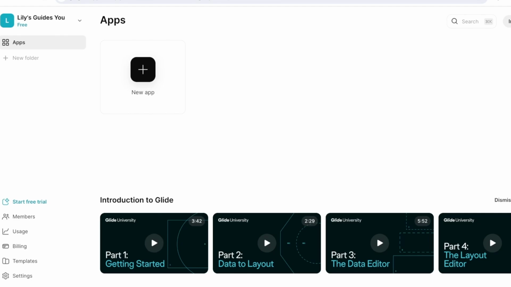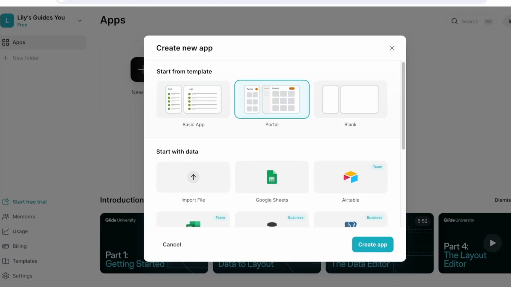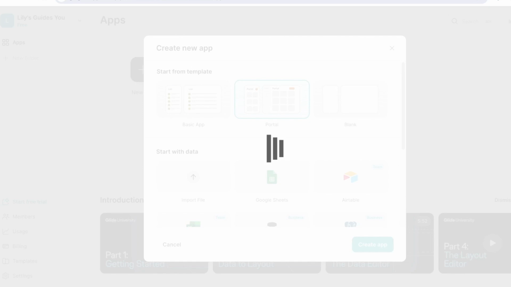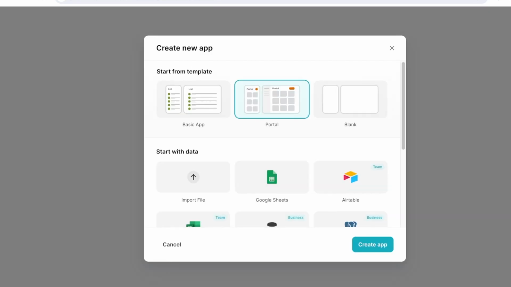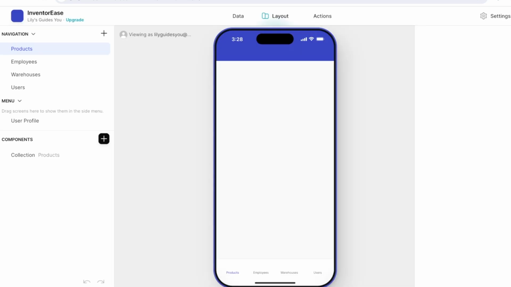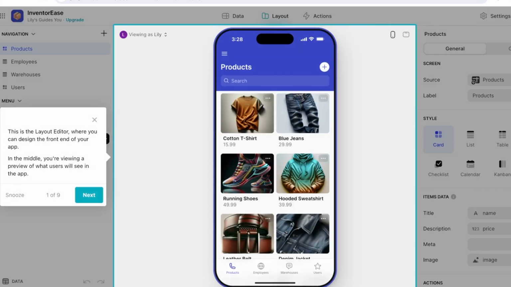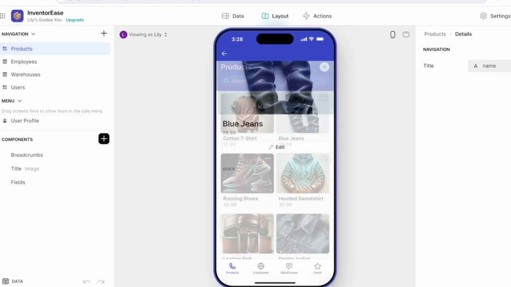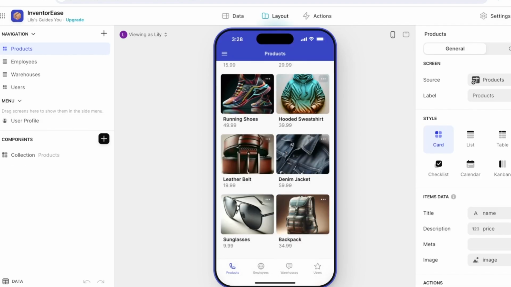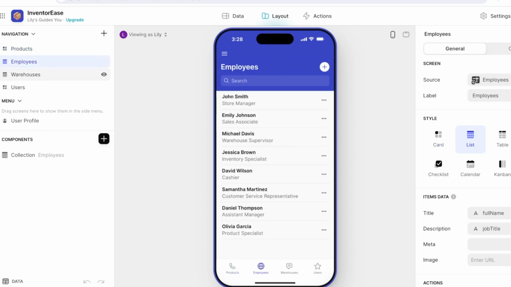The first step we're going to do is click on New Application. Now you're going to choose the type of app you want. This can be a blank app, a basic app, or a portal app as well. This really depends on the layout you want for your application and can be customized later on. You will see that it has led me to my initial dashboard preview that it had created. On the left, you have your navigation, where first I have employees, then I have warehouses, and then I have